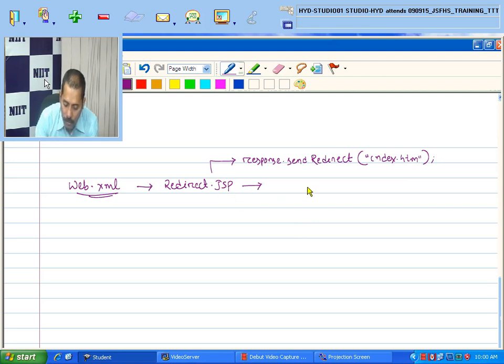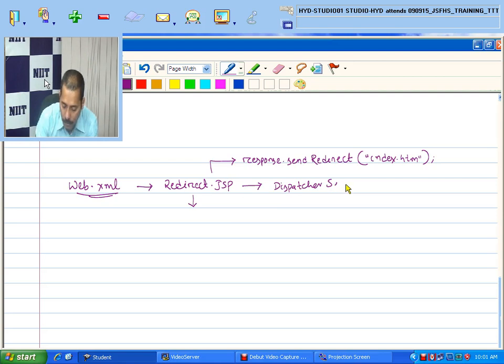So whenever you are loading this response.sendRedirect to index.htm, then obviously a request will come again. First it will be loaded, but when it is loading the response.sendRedirect, that means a request is generated again.